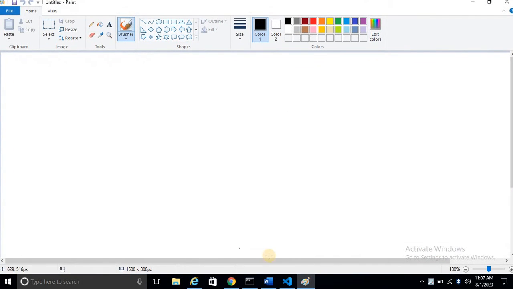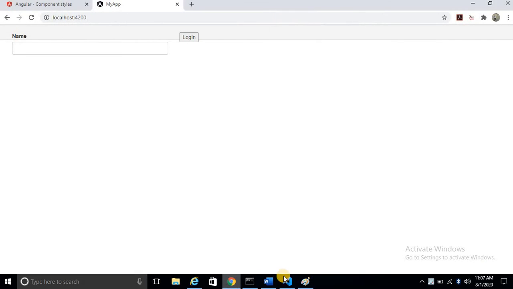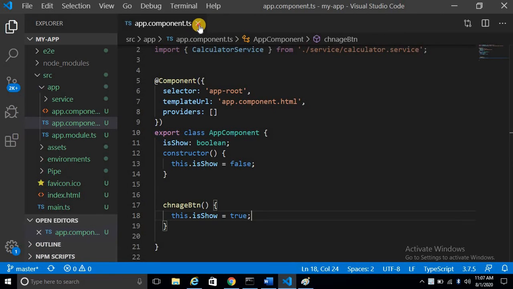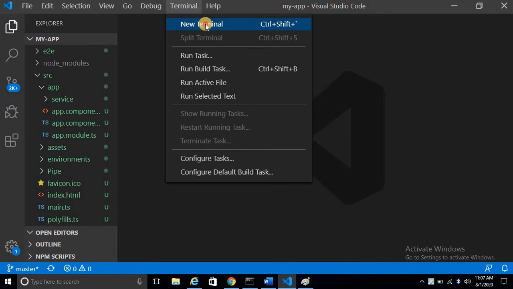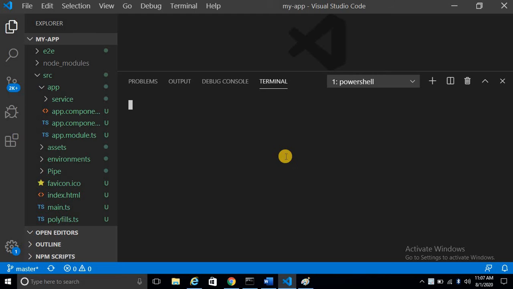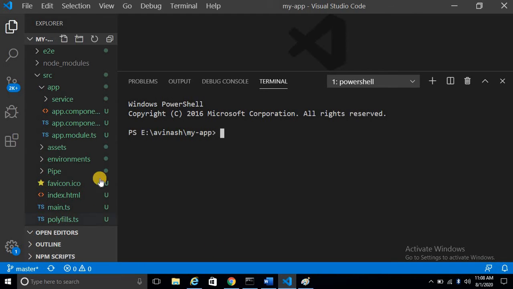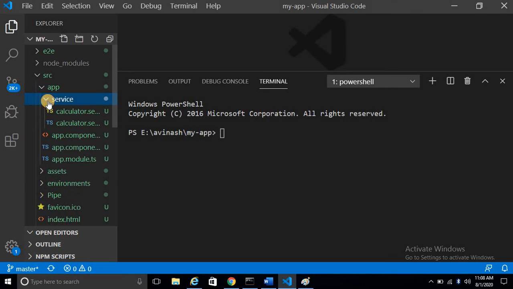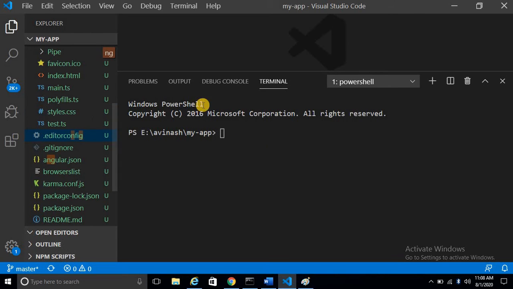Now I will check yesterday's one out. Yeah, it's working. To create the directive, we have to use a command. Suppose under the app I have to create one separate folder. It's not mandatory to create a separate folder, but if you have multiple directives, it will be better if you arrange them folder-wise, like services. All the services we can add under the services folder. So use the command here,